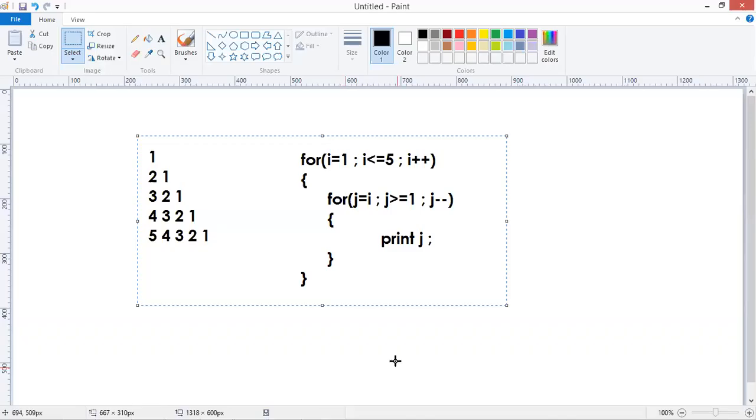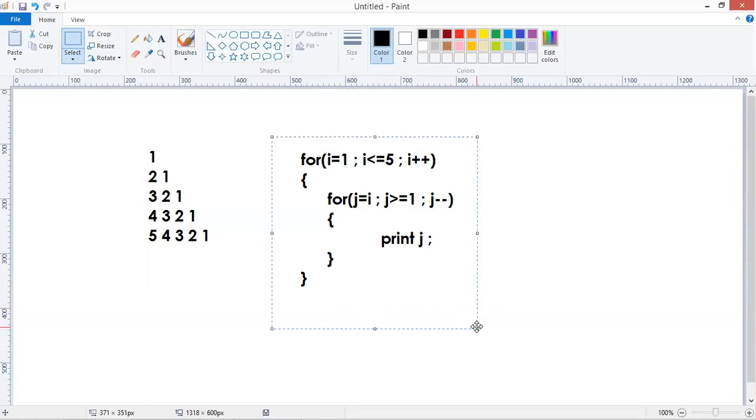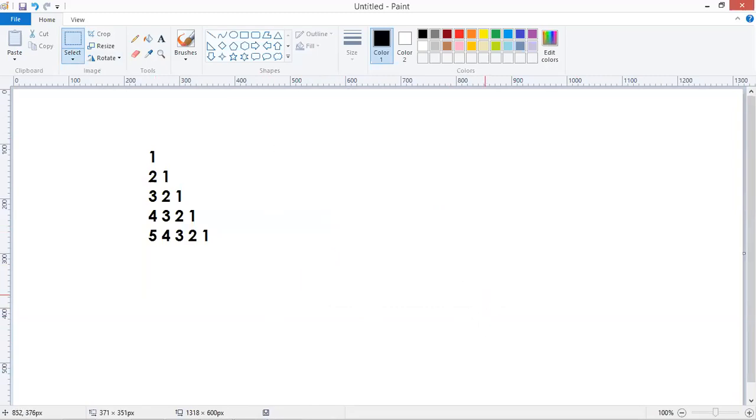Yeah, I'll explain this. Look at this. One point, keep it in mind. The inner loop is always for printing purpose. j is always for printing purpose, remember. What is the use of i? What is changing, that is i.